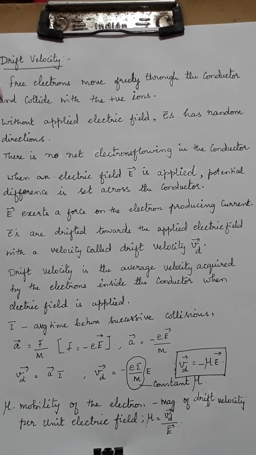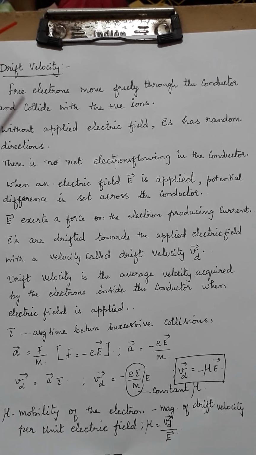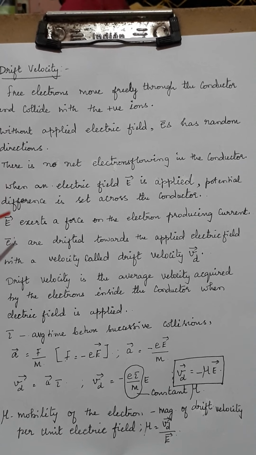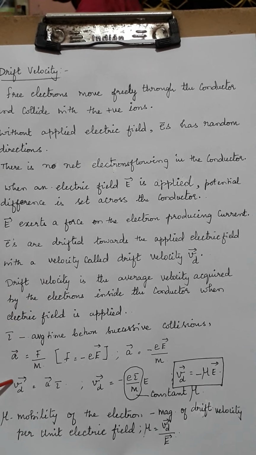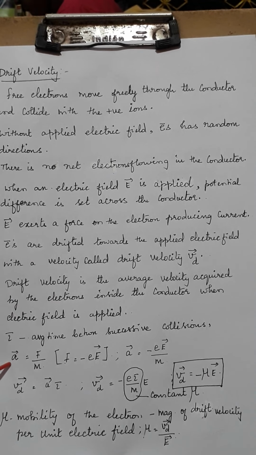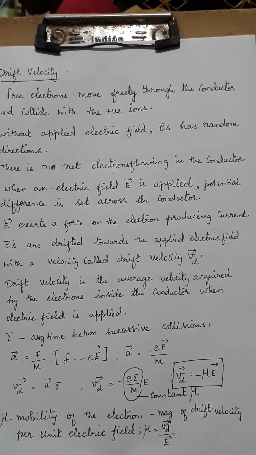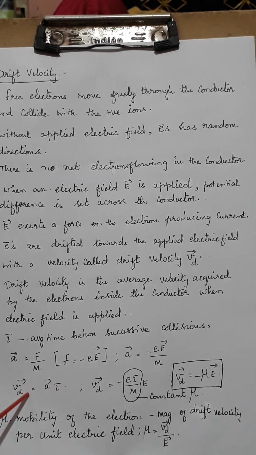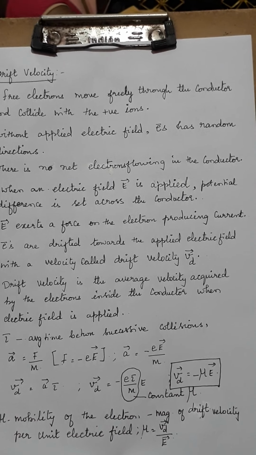Drift velocity is nothing but this: first, a conductor has free electrons. How will you make the free electrons move? By applying an electric field. On applying the electric field, the electrons start moving with a velocity which is called drift velocity, and it's only Newton's second law that has been used, F = ma. Then from the first lesson you connect with F = eE. Then you just substitute all the values and find out the drift velocity and mobility of the electron.